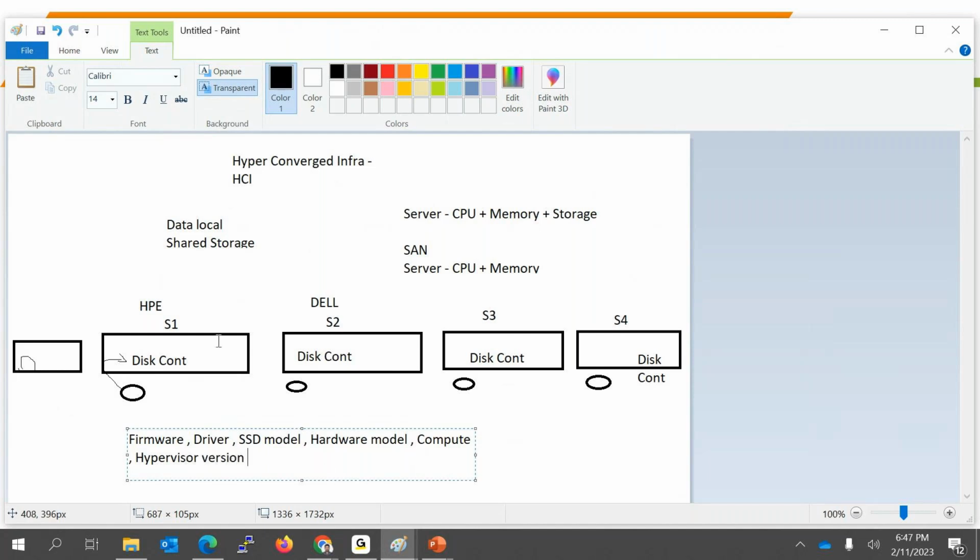So HP has certain firmware and drivers. They use a different SSD. Dell is different. It is not uniform, right? So HP hardware gives you one performance measurement, and Dell gives you a different one. But when you mix it, it is not uniform. So your cluster obviously throws some performance problems. So the answer is yes, it can be built, but it is not recommended for production.